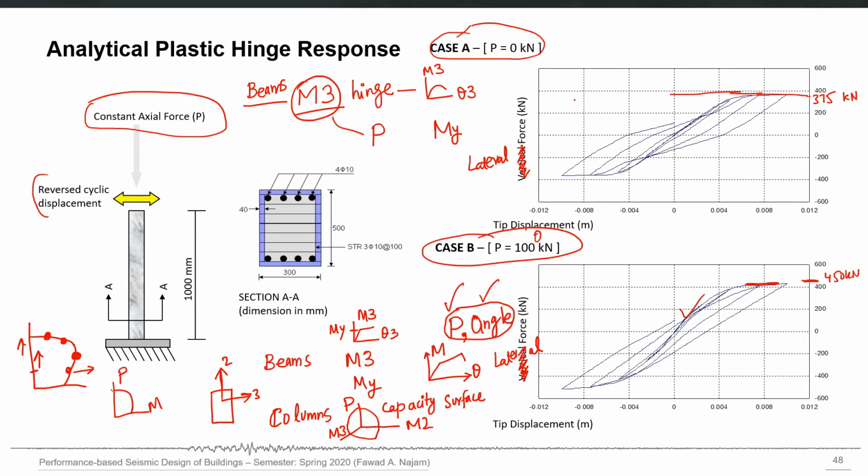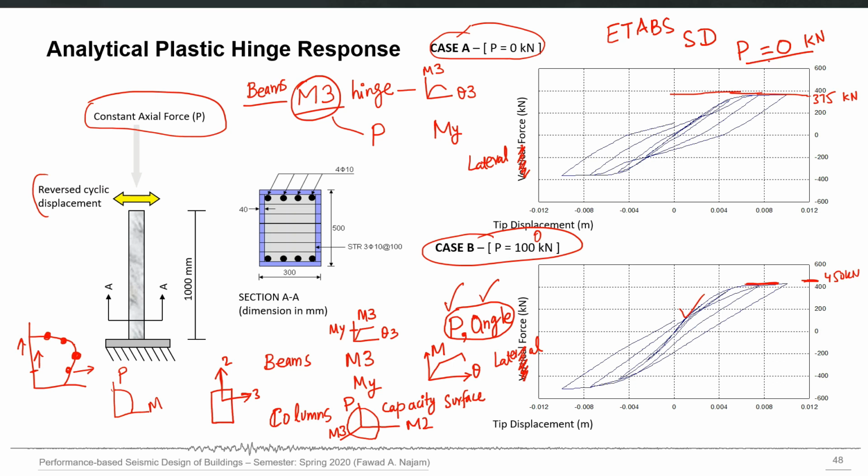You can do that exercise yourself by going to section designer, ETABS section designer. It allows you to actually define your own cross section, everything, and then it plots the moment curvature curve for you. And you are allowed to put any axial force level. So there is a button for P level. By default, it is 0 kilonewton or 0 kip. So whatever moment curvature you are seeing for a particular cross section, it is assuming that there is no axial force on that. So it is the purely beam case when there is no axial force.